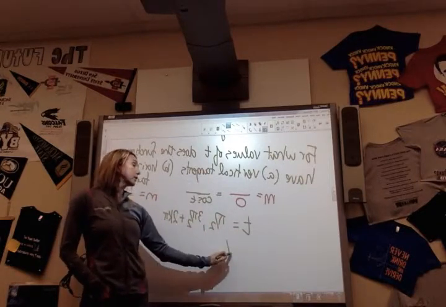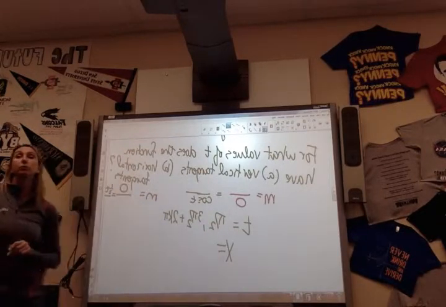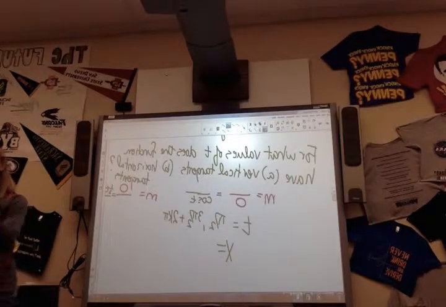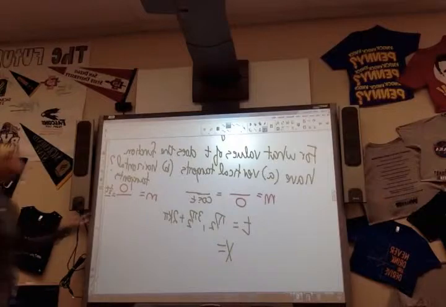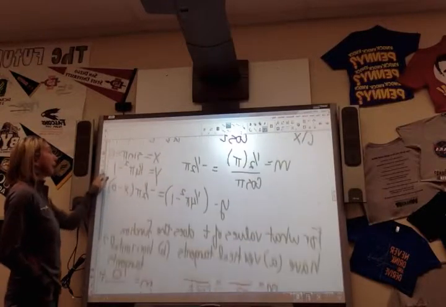Vertical tangent lines, vertical lines are x equals. So you take those times, you go back to the x and you find your x. And that will be the equation for your vertical tangent. So when you go back to x